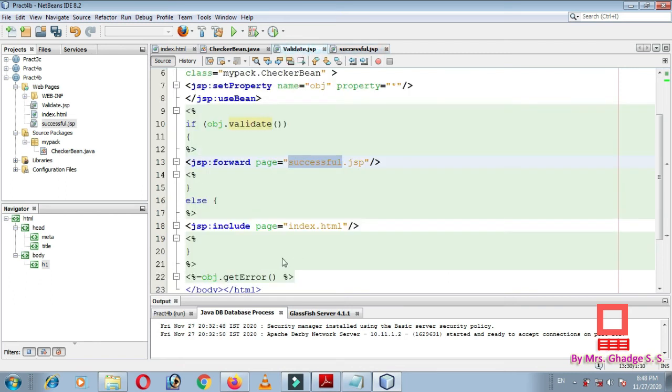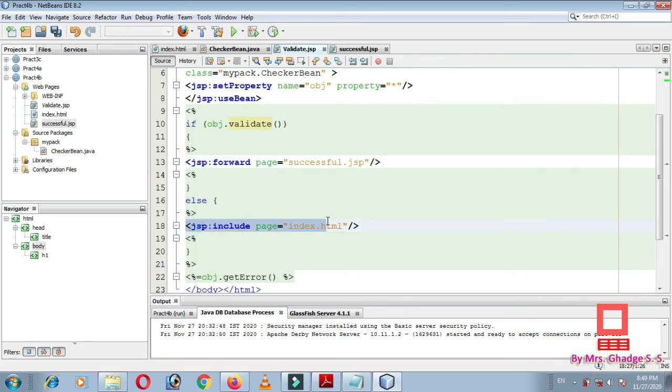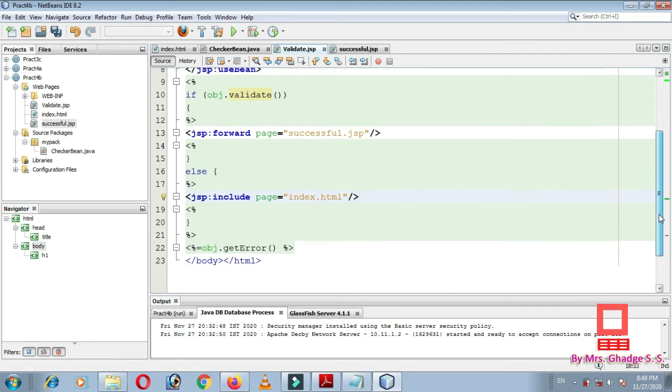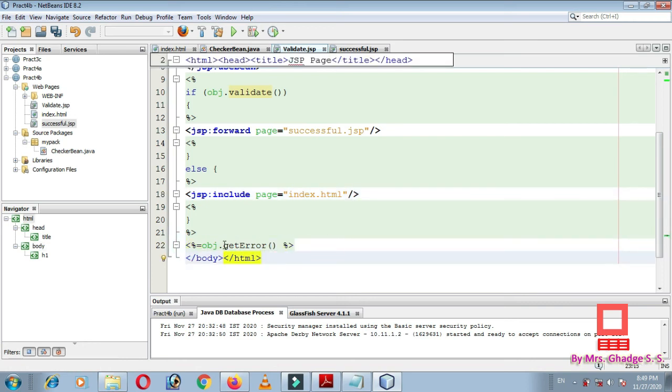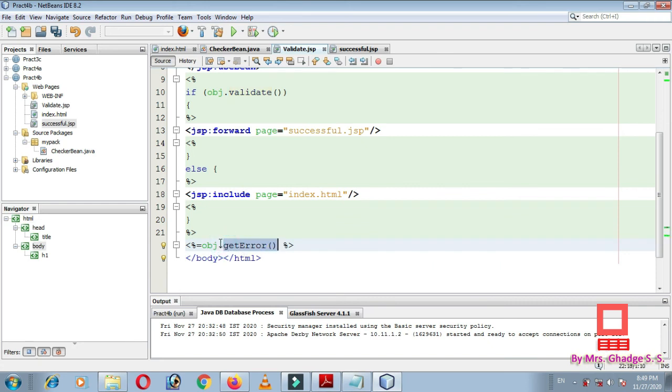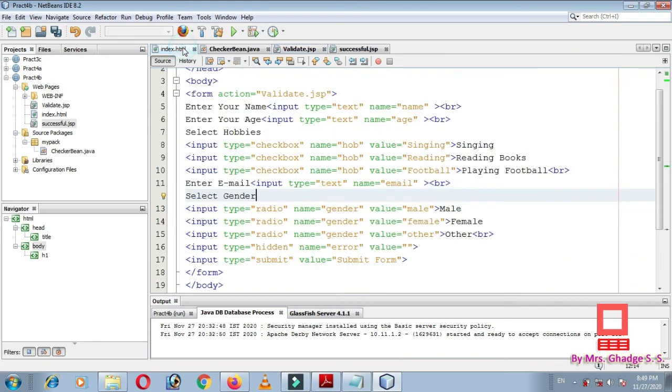And if it does not have valid data, if it has some errors, then it will include the index.html file into the same JSP file. And lastly, it will show errors if there are some, by using the method getError of the same obj object. Okay, so let us run this file.